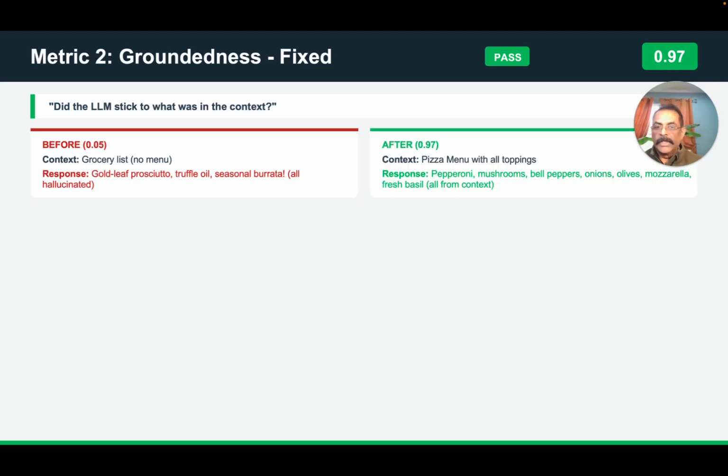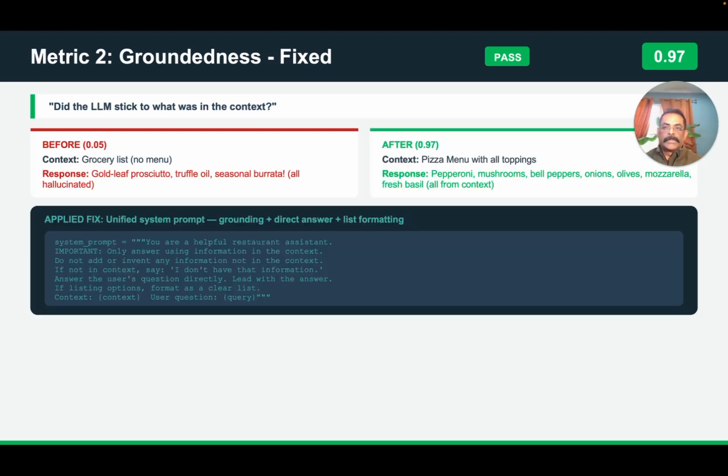Groundedness, fix the hallucination. So did the LLM stick to what was in the context? So here the context is the pizza menu with all toppings, and then the response was pepperoni because we fixed the retriever, right? And then look at here, we unified system prompt: grounding, direct answer, list formatting. So you can have it for your groundedness, and then your third one is your answers. Stick to the answer,